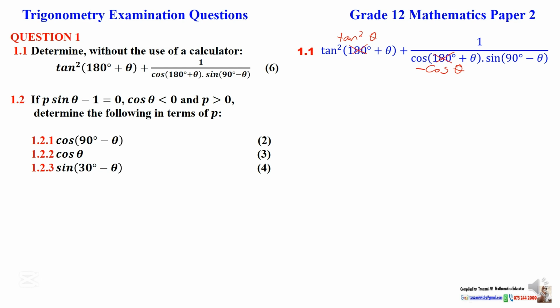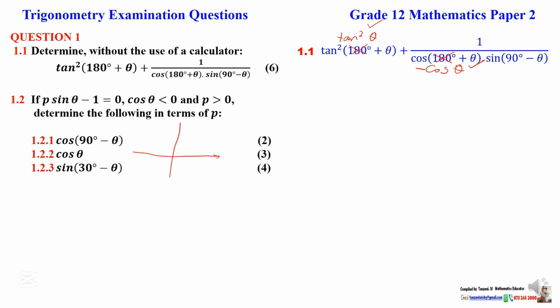Now, this one is squared. So the squared makes it positive automatically, which means I have got tan squared theta. This is the first mark I must get, and this is the second mark I must get, just by changing those angles using the reduction formulas. We may also need to remind you using this question that if you don't want to go through the calculator